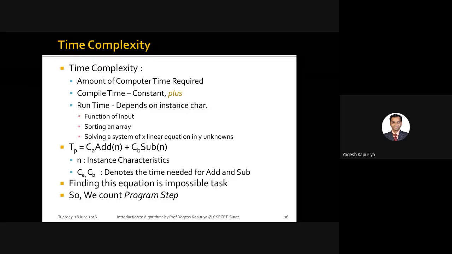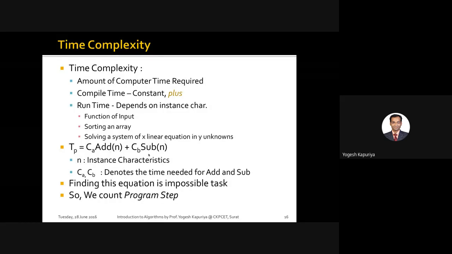So any of these time complexity equations will be of something like this. You have some kind of a constant, and then some component which depends on the instance characteristic. Again, this is a part of an algorithm. You have another part as well, which again requires some constant and some instance or variable part.